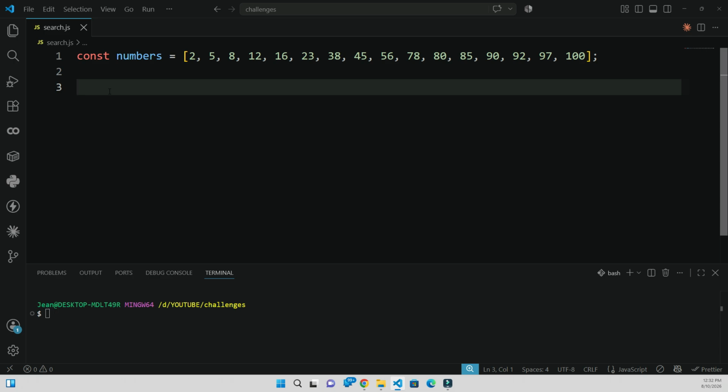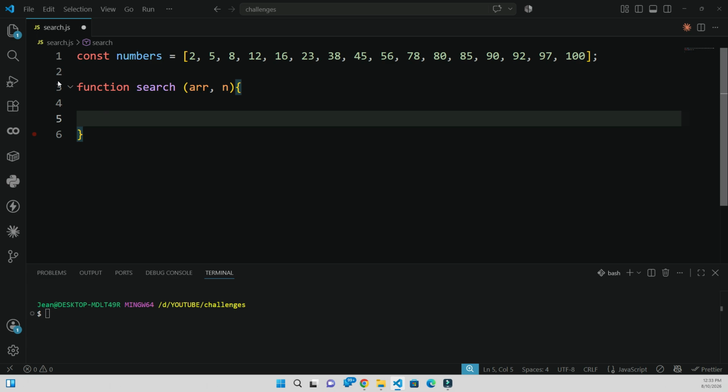So we are going to do it. We are going to define a function that will also receive similar params, the array and the number we are looking for. Then in this case, we need to use multiple pointers. We need a pointer which will start from index 0 and one which will start at the end of the array. So I will call these pointers